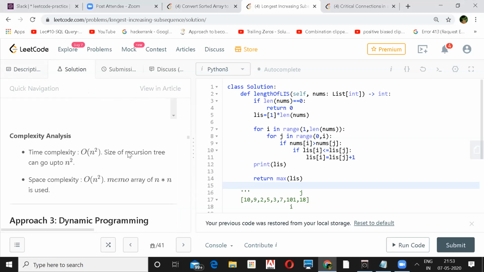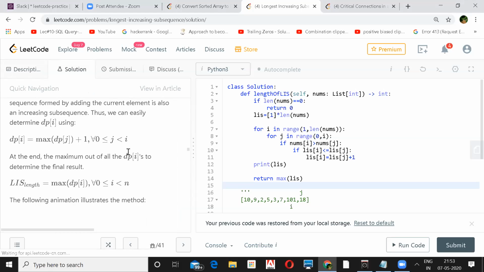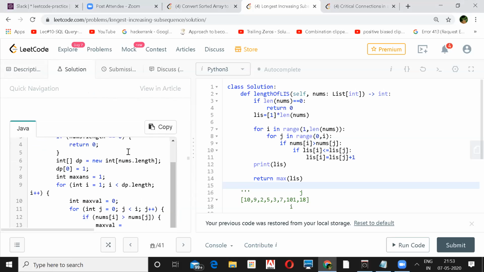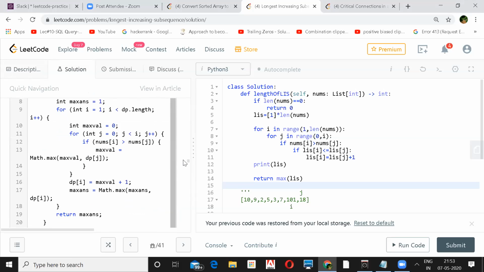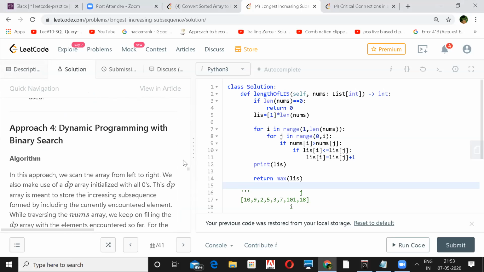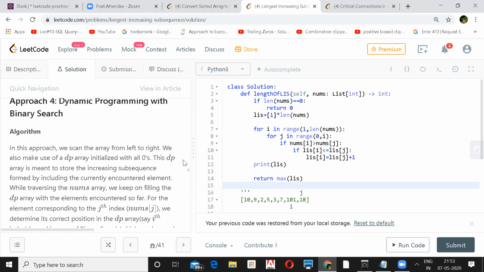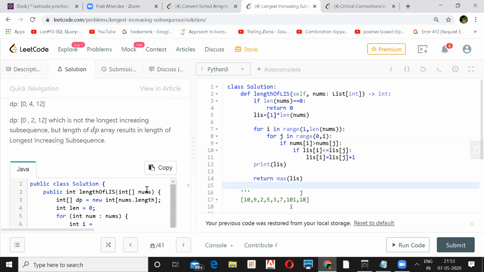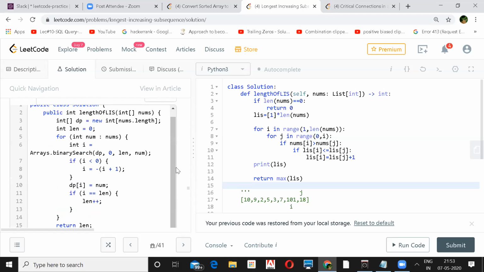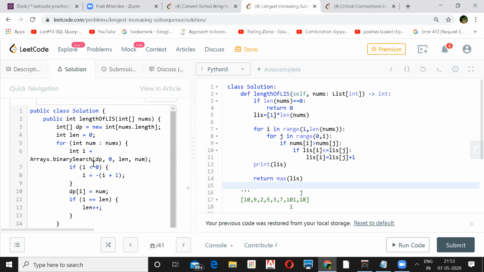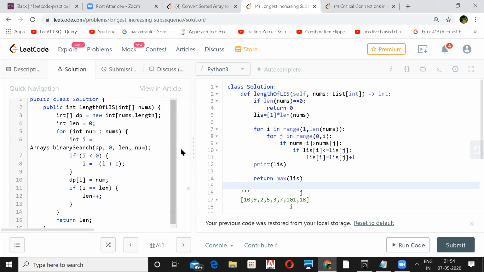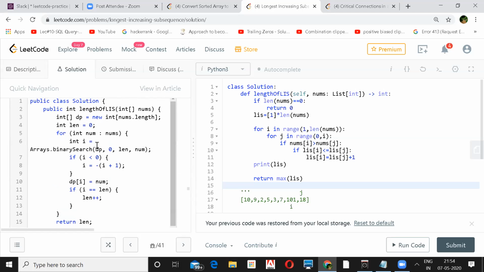Okay, no problem. So she's saying that we can go through the reverse way also, right? Start from the right side instead of starting from the left. Yeah, that might work, sure. But all things will change in that case, right? Instead of looking for lesser than the previous index, it will be greater than, and then we should be able to arrive at this solution again. Yeah, but for the binary search, it will be slightly different. Could we go over the binary search?